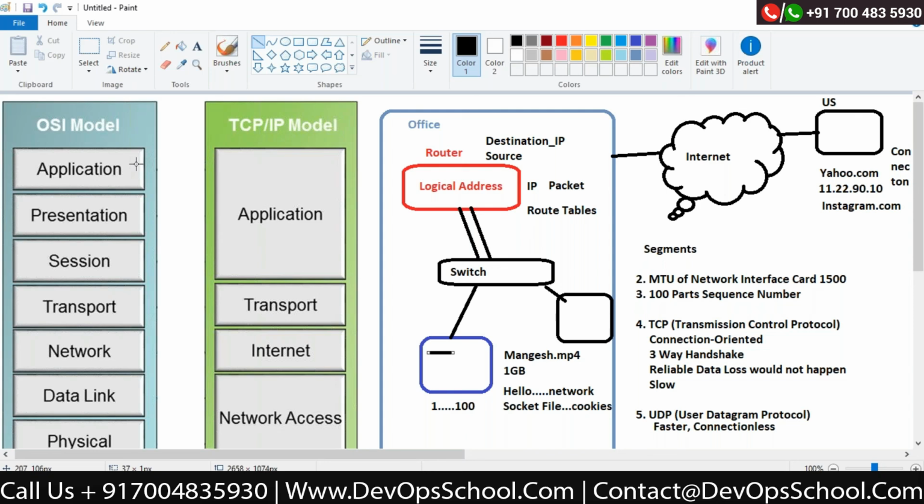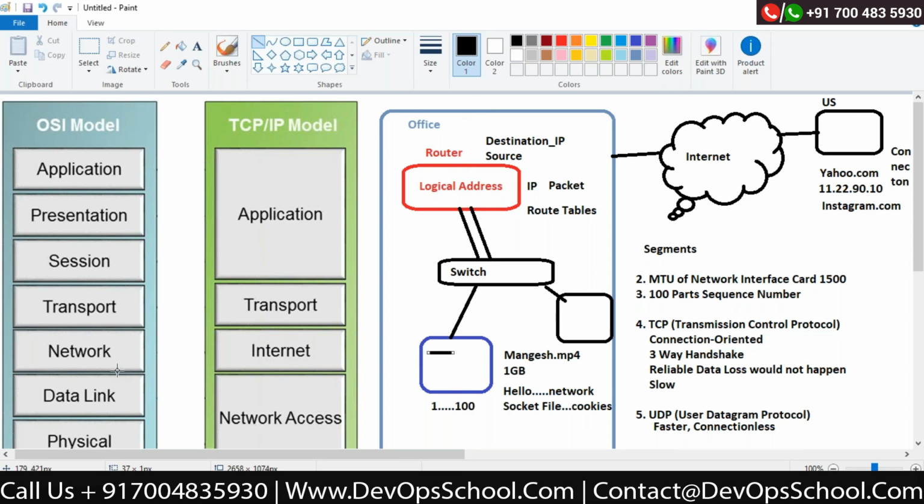The data link layer helps me send the data to the upper layer from layer 2. The physical layer is the layer where my actual digital data starts its journey into the analog system. Now, this is the OSI reference model, which is a standard. This is a blueprint, a theoretical model of how your networking should work.